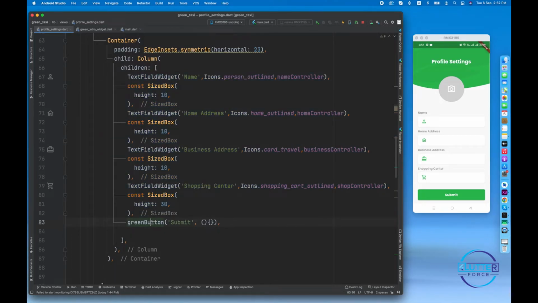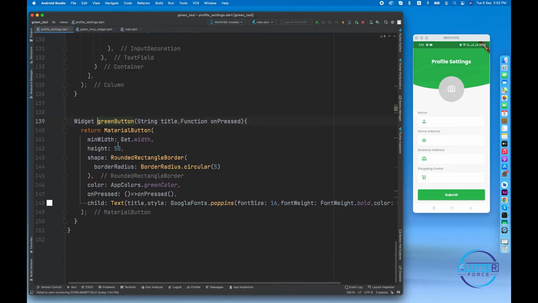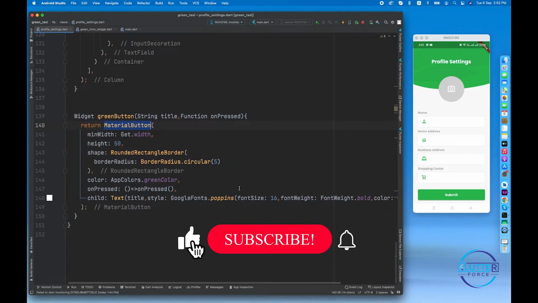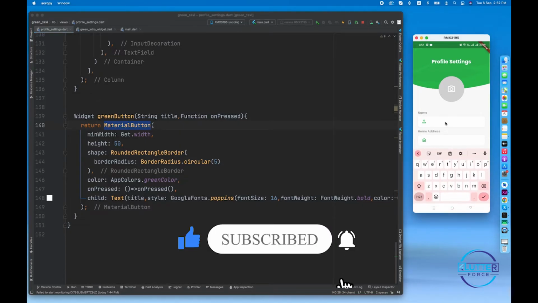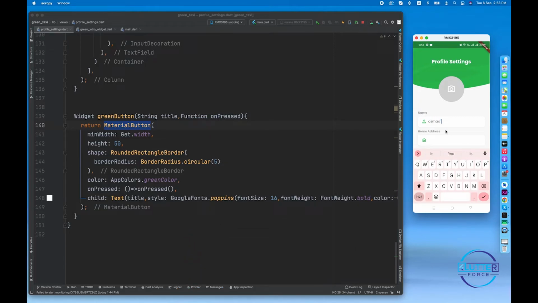And after this I have created the green button, which is again a custom widget. This is the code of the green button. It takes a title and onPressed, and I'm using a material button for this, and all the stuff is written out there. So when you click on any of the text fields, suppose I'm clicking on this, now it is responsive. Let me write Usama,